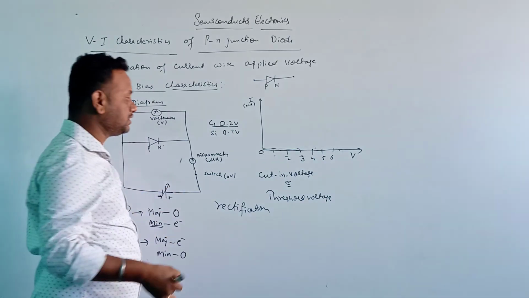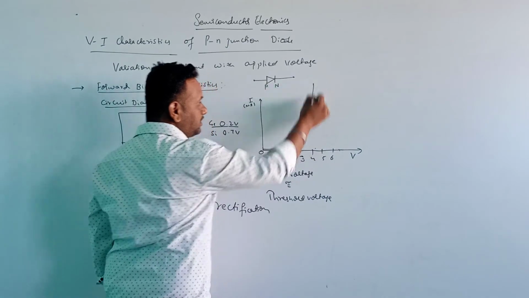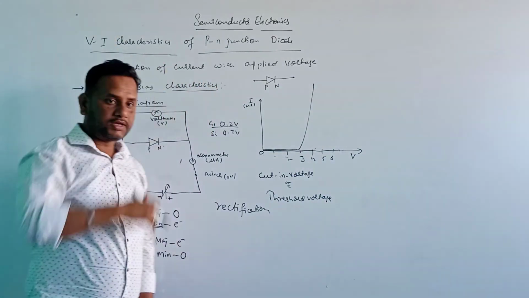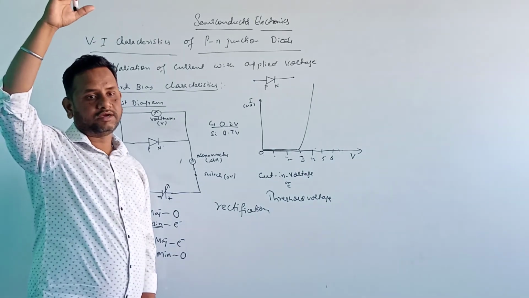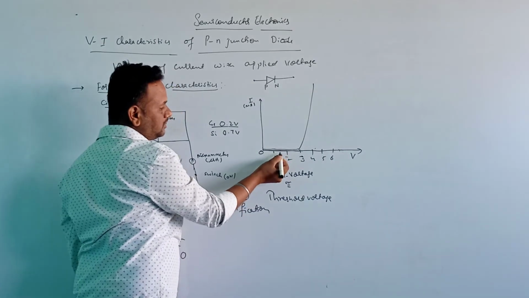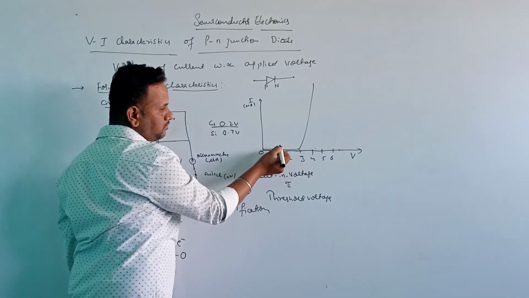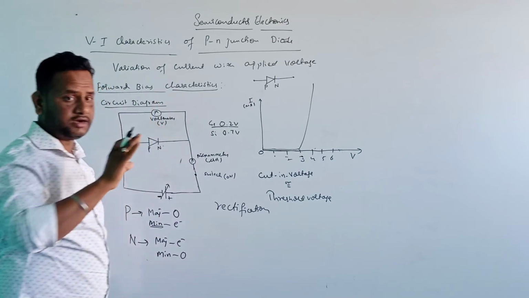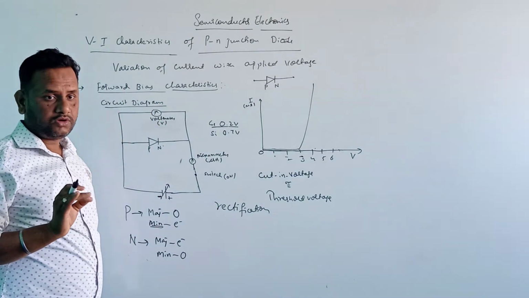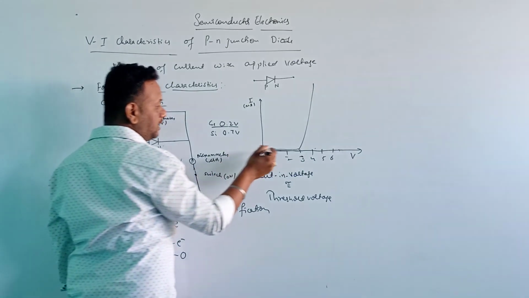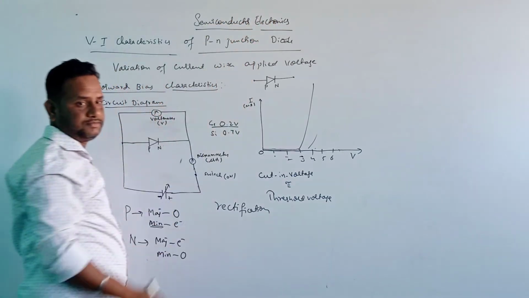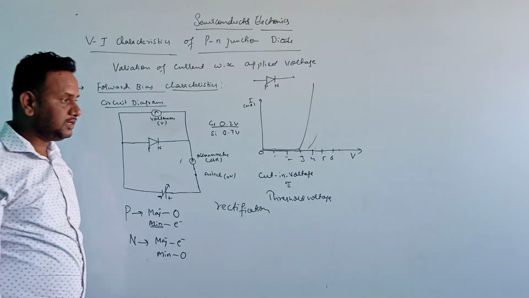At one particular voltage, suddenly the current will get increased. वहाँ पे exponential increase हो रहा था ना, यहाँ पे क्या होगा, suddenly एक current increase हो जाएगा। जैसे for example, यहाँ पे very small current था, 0.1, almost 0.15, वहाँ पे almost negligible current, मतलब constant था वहाँ पे current, यहाँ पे थोड़ा current रहेगा, almost it is very small. Suddenly what happens, the current directly it will get increased here, okay, it will get increased here.